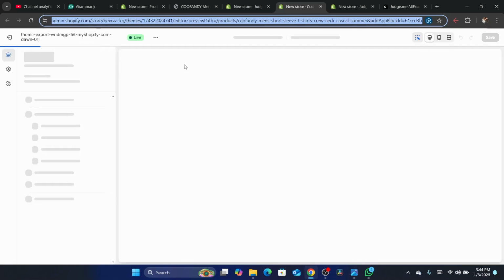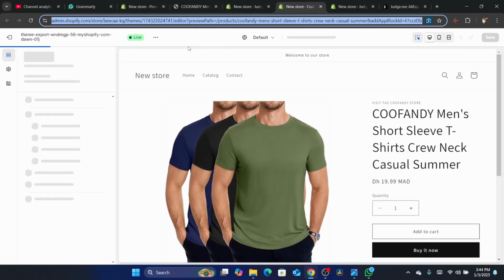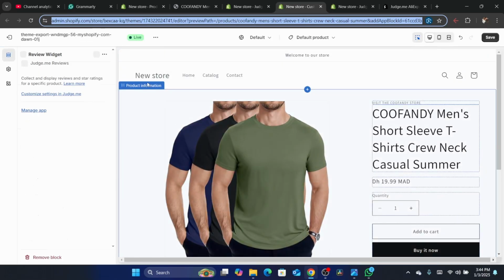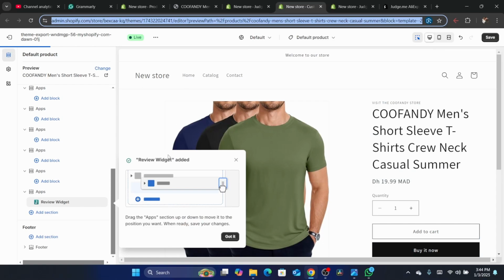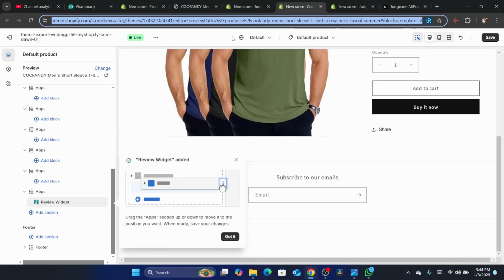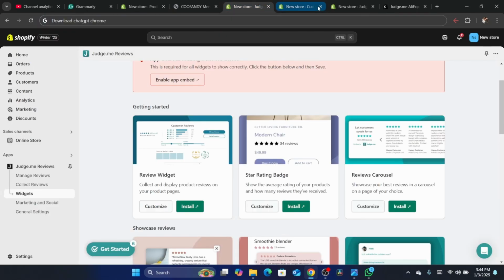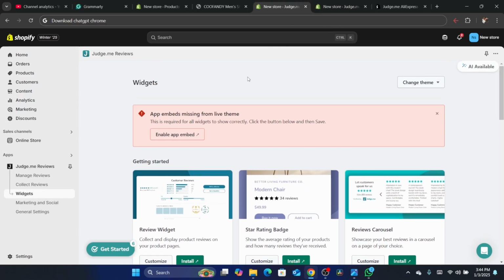After you click on install, it will take you directly to this section here, but you want to go back before you close this. We want to enable this in our theme editor. As you can see in the top, there's app embeds missing from live theme. So after you click on install, you just need to ignore it. Now you want to click on enable app embed,